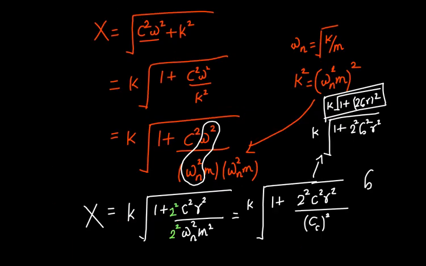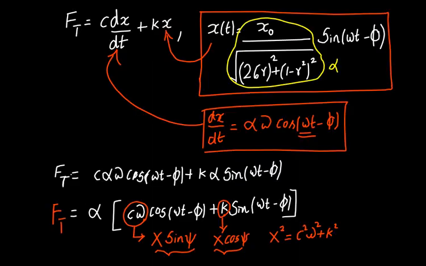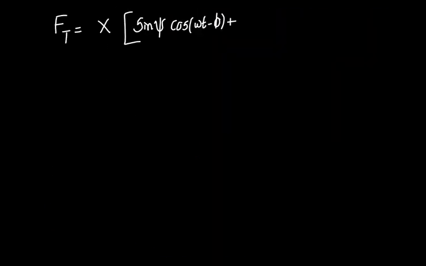Cos psi into sin omega t minus phi. That's right. So in the next step, it can be written as, I'm going to plug the value of x